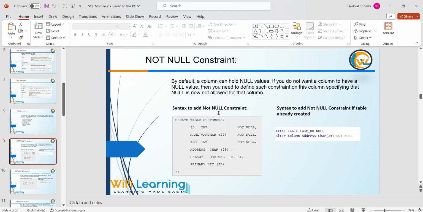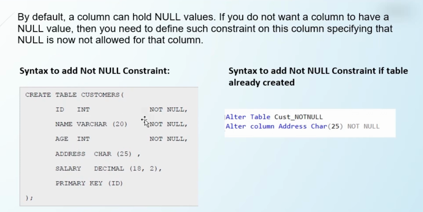Let's start with the not null constraint. When you create a table and define a column as not null, that means you will not be able to store null values in that particular column. Let's say, for example, we are creating a customer table where we have defined that ID will be not null. ID will never be null. You have to pass the values. If you do not pass values while inserting the data in your table, it will give you an error, violation of